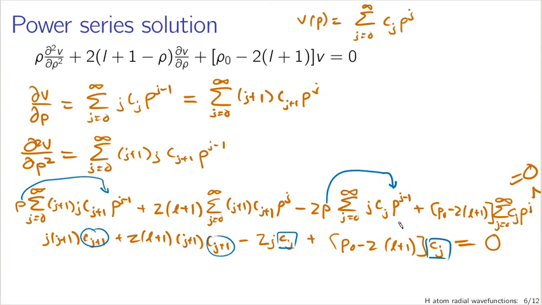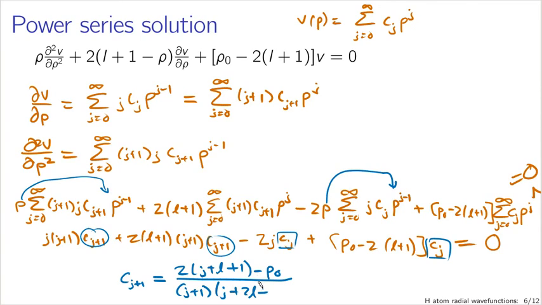So I'm going to move the c sub j terms to the other side of the equation and factor out the c sub j from these two terms, leaving me with just these coefficients, the j plus 1 and the (2l plus 1)(j plus 1), and I'm going to divide through by those coefficients. What I get when I do that is that c sub j plus 1 is equal to j plus l plus 1 minus rho naught, divided by (j plus 1) times (j plus 2l plus 2),